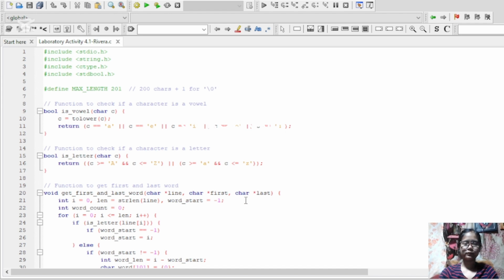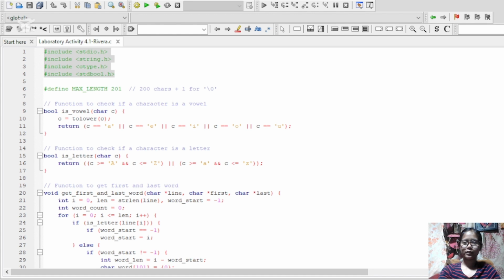First, let me explain the header files. These are the header files I use. The stdio header lets me use printf and fgets. The string header gives us string tools like strlen and strcpy.